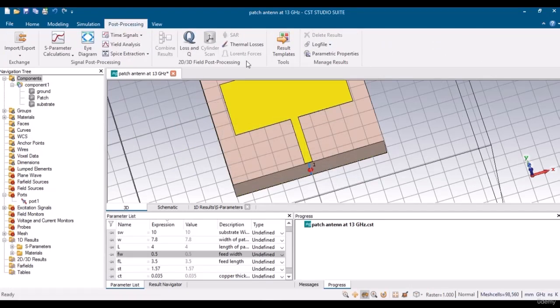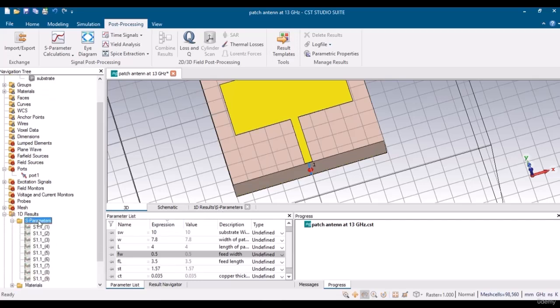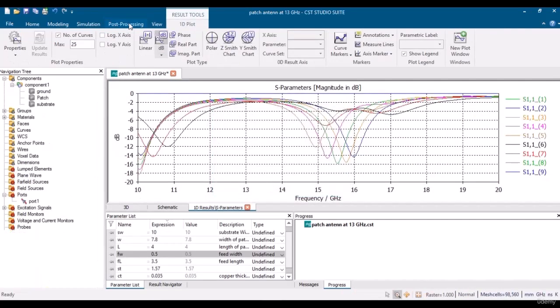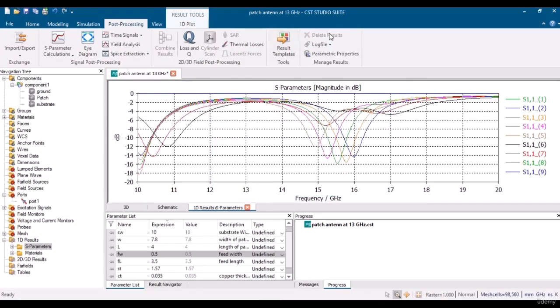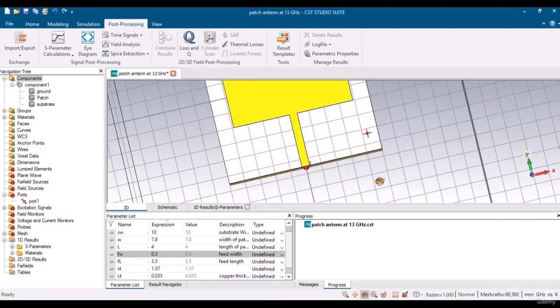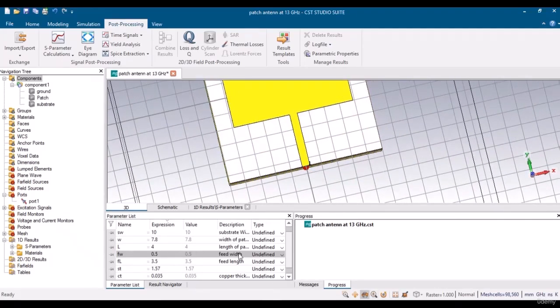Now you can see the dimension of the feed width is given. I will delete the previous results, and then you can see that I have these different results. So I need to delete all of them. From here, the results are still preserved within the 3D geometry. You can see that if I rotate this antenna,